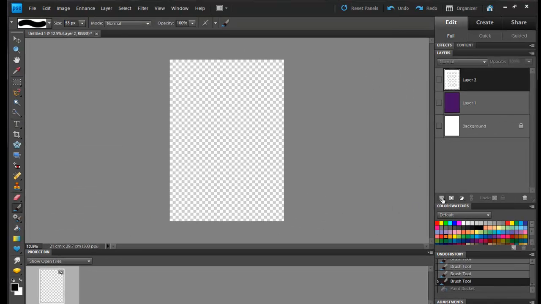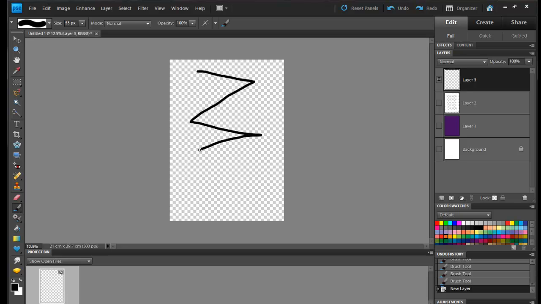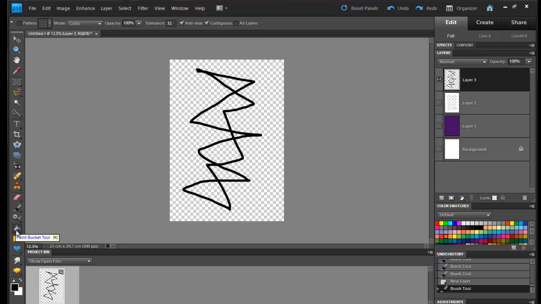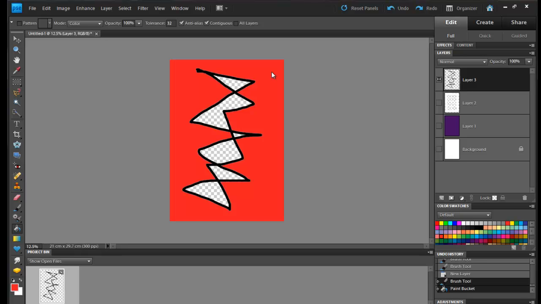Let's create a new layer. I just paint on this. If I now click on the bucket, when we used the bucket before, it filled the entire page. But if you have marks, strong marks like this, these create boundaries. So let's choose red. So if I click in this space, it'll fill all that space